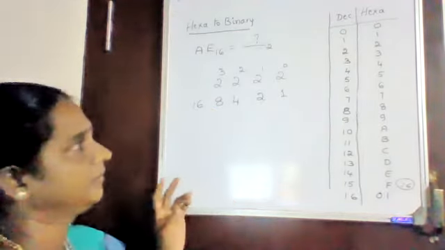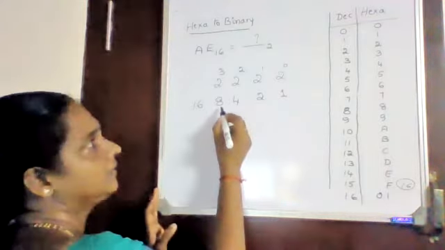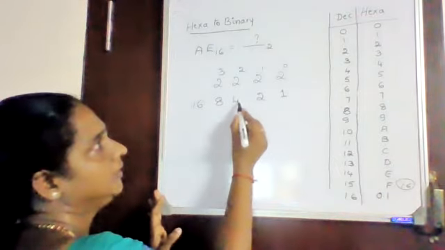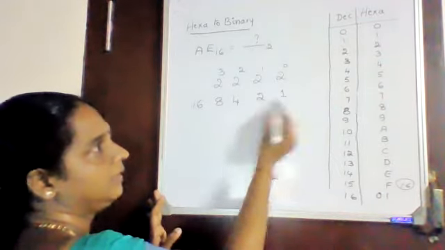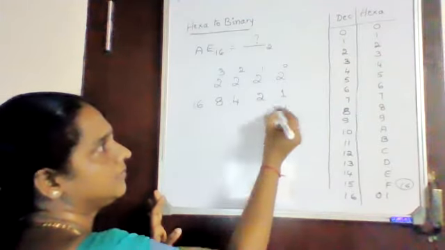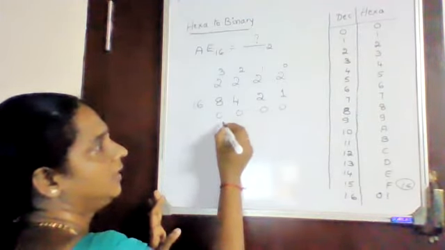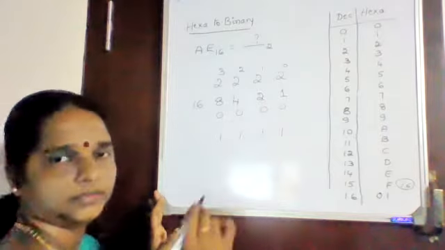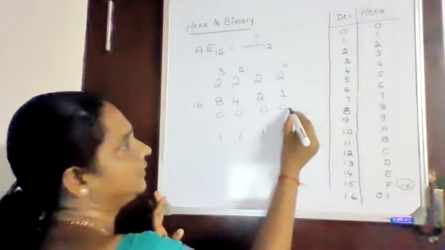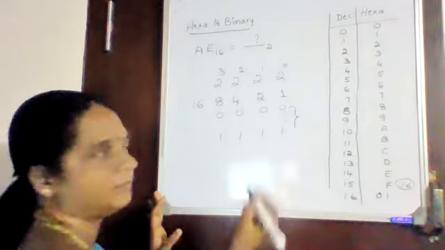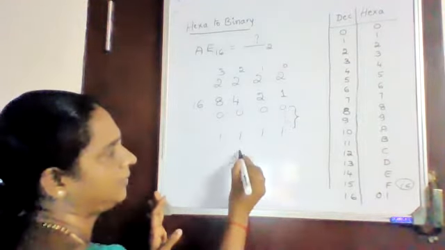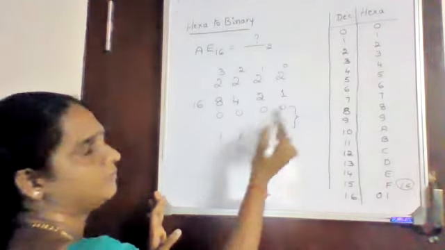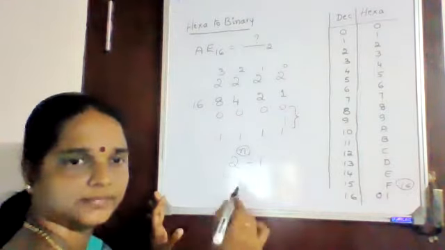The maximum number of combinations which can be done using 4 binary bits. It starts from 0, 0, 0, 0, and we can write up to 1, 1, 1, 1. In between, the numbers are there. So these maximum combinations is nothing but 2 to the power n minus 1, where this n is the number of columns or the number of bits what we have.